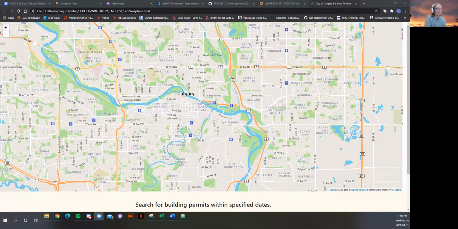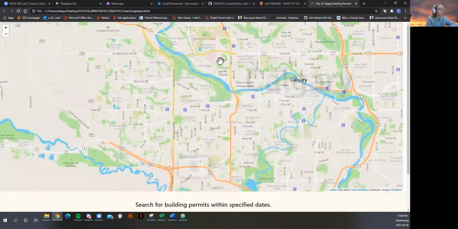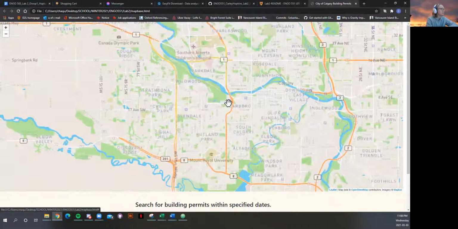Let's share the screen, and I'm going to start off with displaying my website's front-end functionality. Let's refresh the page just to show. As you can see, when it first starts, it centers itself over Calgary with the Leaflet style map. You can zoom out, zoom in, as well as these toggle buttons on the side for zoom